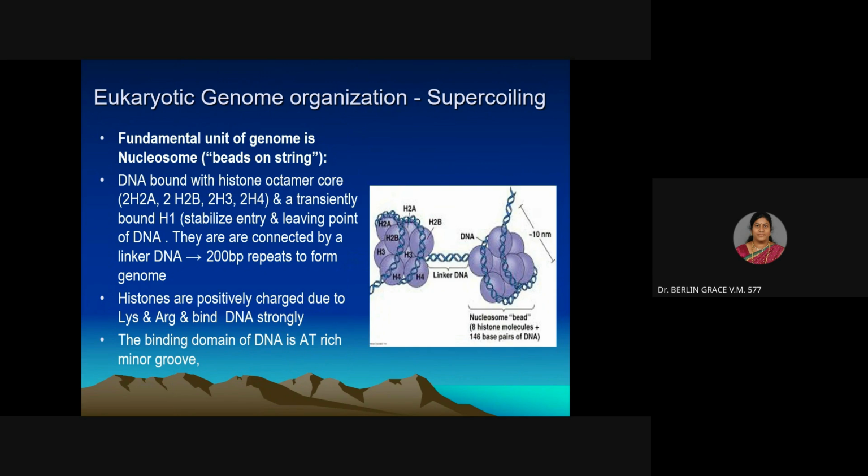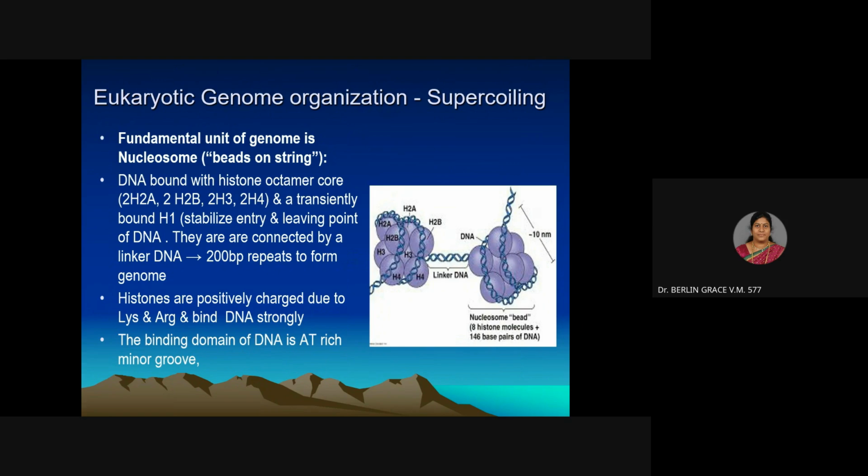And this nucleosome is formed by the DNA which is wound around a histone core octamer. Core octamer means 8 proteins will be there as listed here, and one more histone protein transiently attached also will be there. It is called H1, and each nucleosome is linked by a linker DNA that is constituting 200